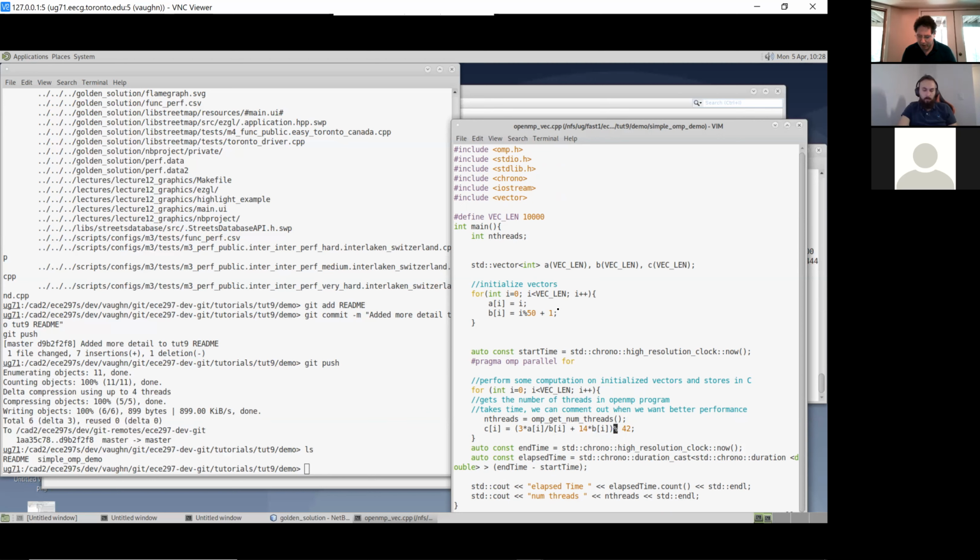So what's happening? Any idea? How could 4 threads be slower than 1 thread? I used all 4 cores, and that was slower than using just 1 core. It's an issue with shared memory. It's a good thought. In this particular program,